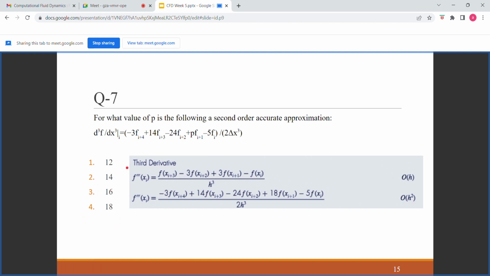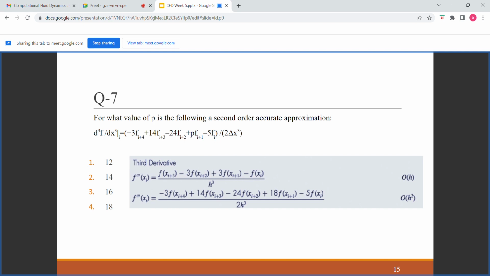But do any one of you know how to get the value of P? Not by directly seeing it, there is a long procedure to it. If any one of you knows just a few steps also, it is fine. You can just say. Please interact, then only the session will be more interesting. Okay,